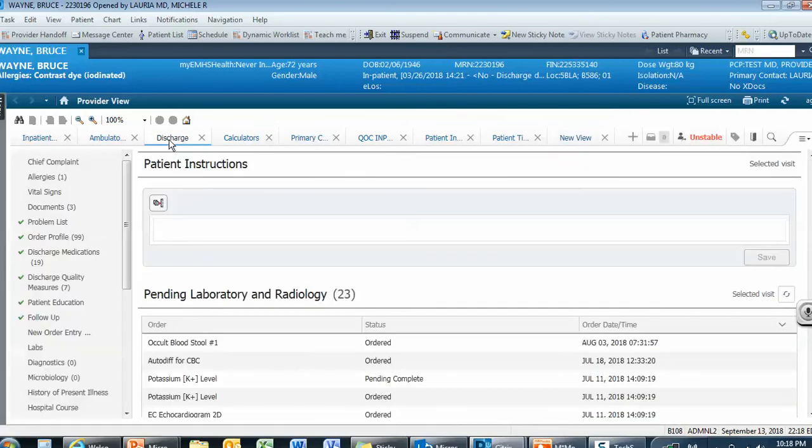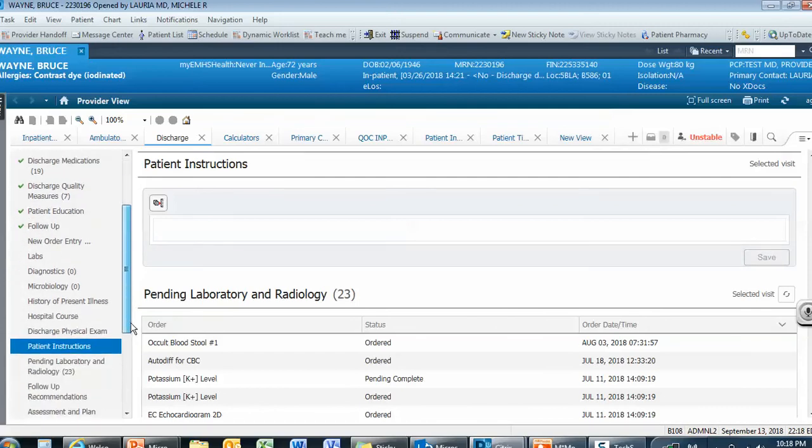Within the discharge tab, I have all of these other items that we call components. I recommend putting all of your required components in a group and putting all of your free text narrative components in a group. Like the other M pages, the discharge M page allows what we call the contextual view or the multiple pane